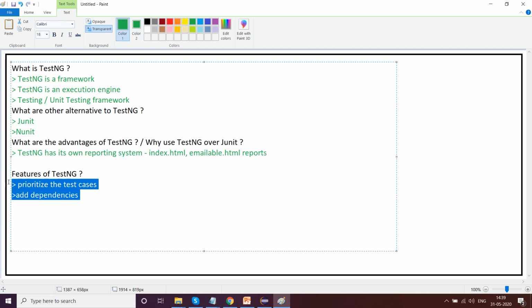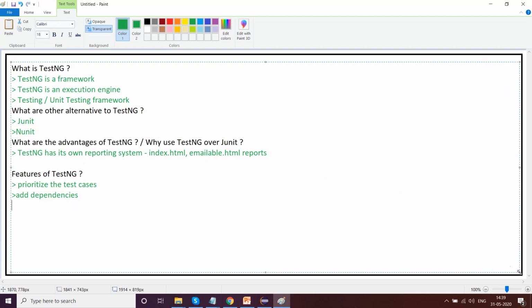We can add our dependencies. On top of that, we can also use invocation count, which means the number of times we want to execute a test case, multiple times. All those scenarios can be done.